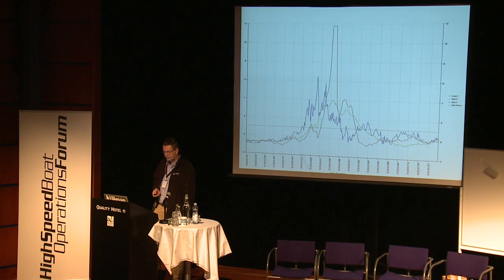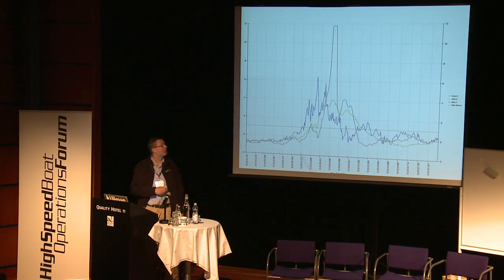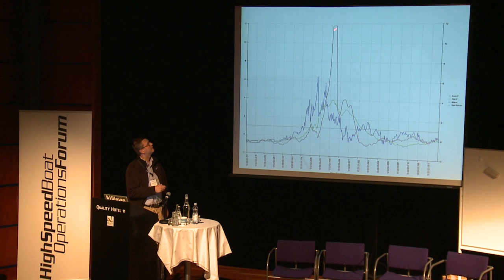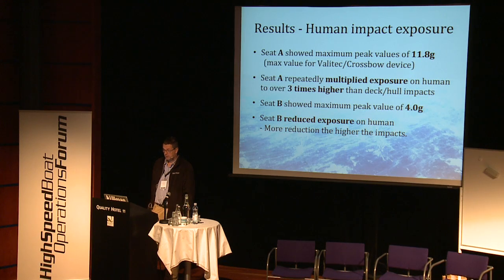This graph shows 6.5 on the boat, 4 on the seat B, and 11.6 on the seat A. The problem was that this was the top value of the accelerometer. If you extrapolate it, it would go up to 14, 15 Gs. But what we measured and reported is 11.6. That's the limit of the accelerometer. So seat A 11.8,